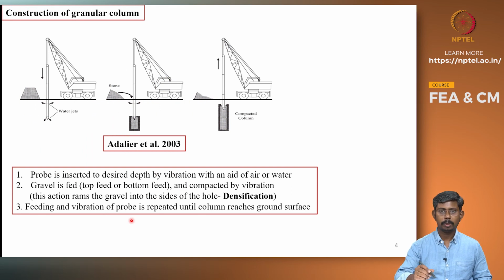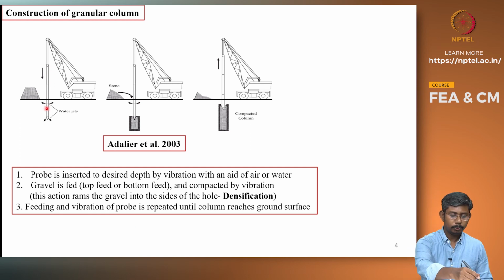Construction of granular columns. So this is usually carried out using a vibratory method. A vibratory probe is inserted into the ground and the probe is assisted by the water jets to soften the soil, and as the probe is vibrated, the soil gets densified, and once the probe reaches the desired depth, the material